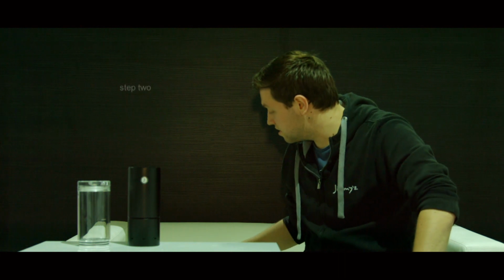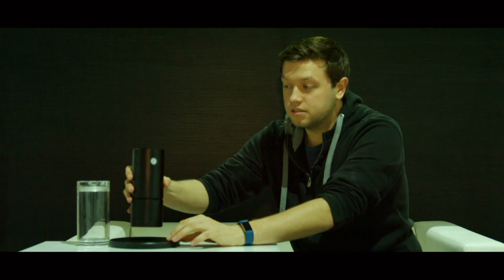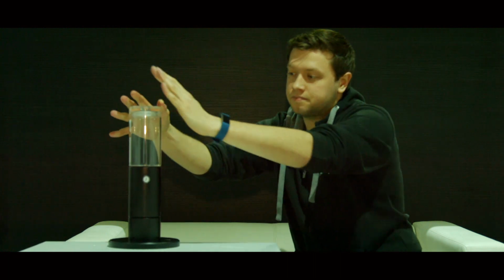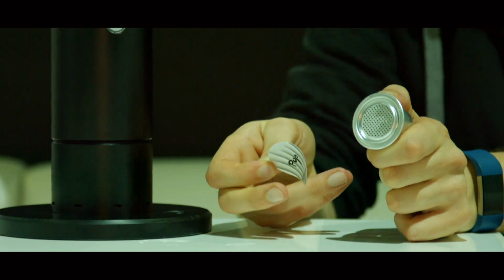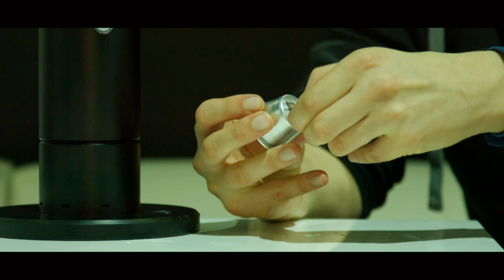Let's start step 2, which is the smoking process. For this you will need the stand. Place the shisha into the stand and then connect the two parts by pushing down on the water tank. We now need to put a capsule into the oven of the shisha. Take a capsule, peel off the front sticker, peel off the bottom sticker,